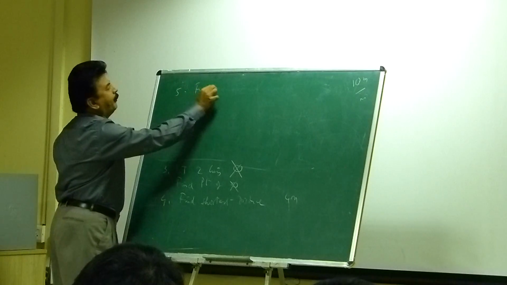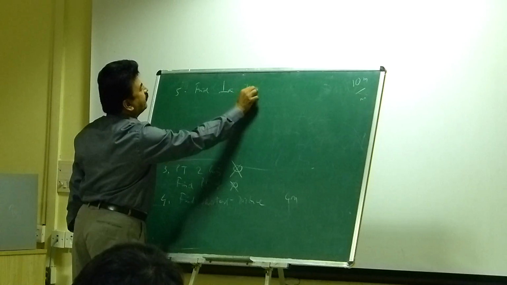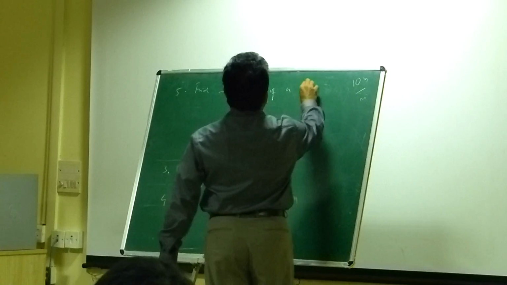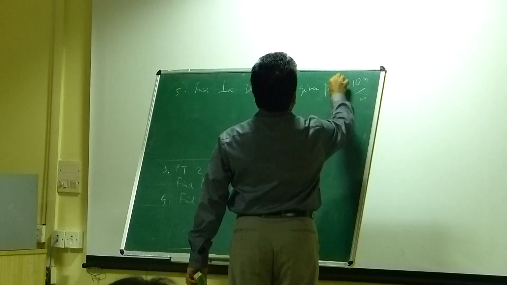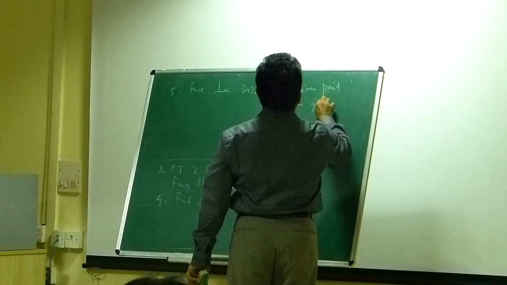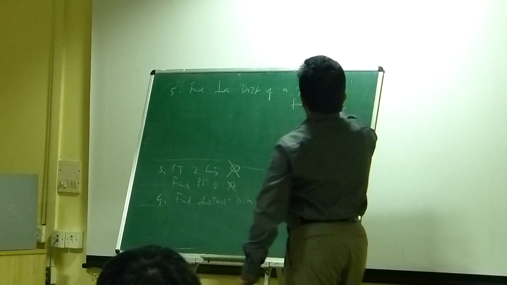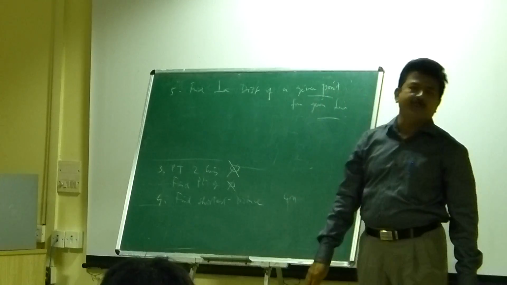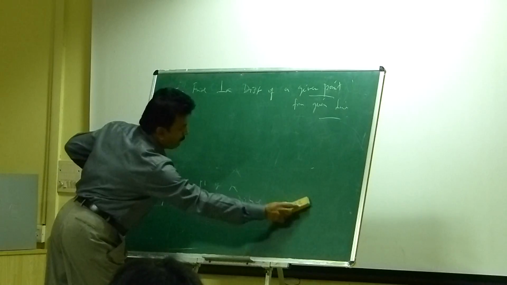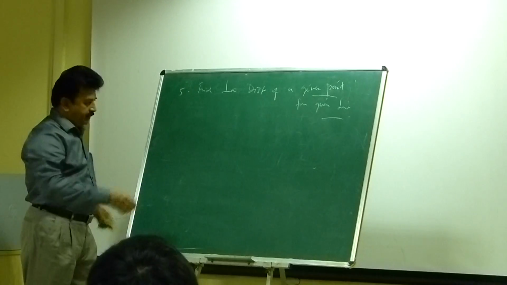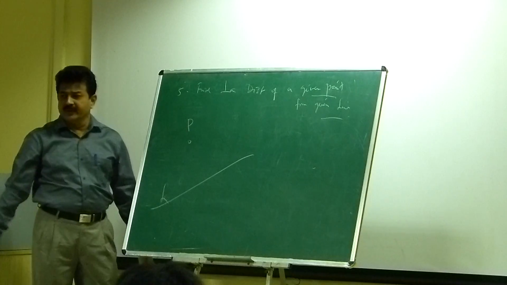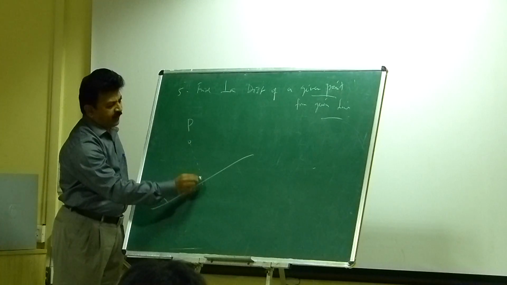Find the perpendicular distance of the given point from the given line. Given point is there, given line is there. What is the traditional way? Just visualize. There is a line. There is a point called P, position vector given. You want to find the